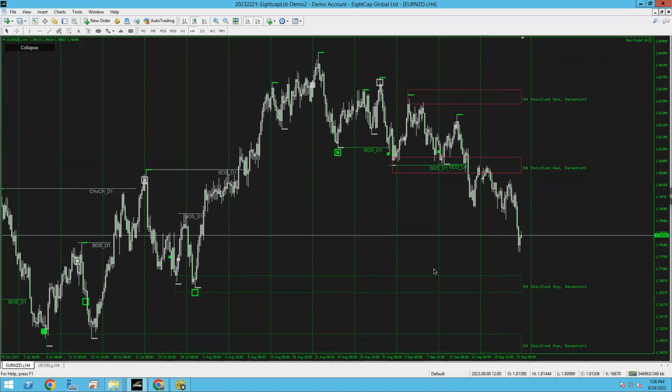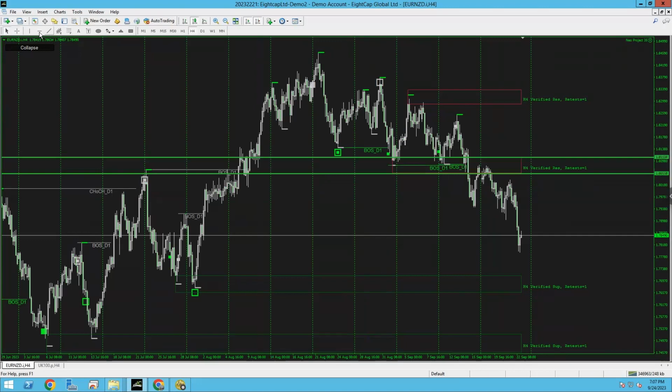You had an alert to tell you the Asian trend is bearish. You have an alert to tell you that there's been a daily break of structure if you want it. As soon as you've seen even the Asian trend is bearish, and then you've seen a daily break of structure, just put your pending order here. Like, you don't even have to faff around. Just put your pending order there. There, boom, stop loss here, take profit.